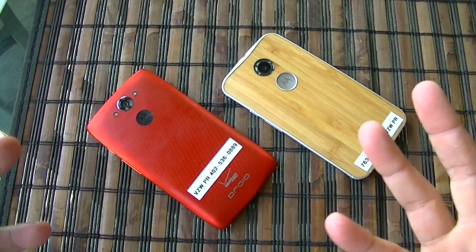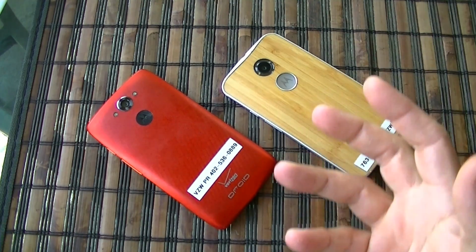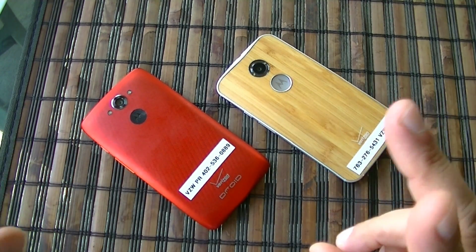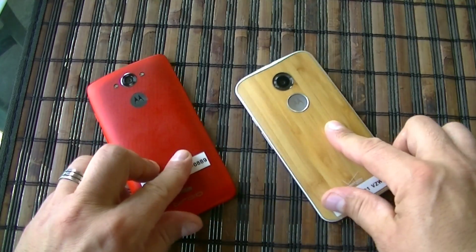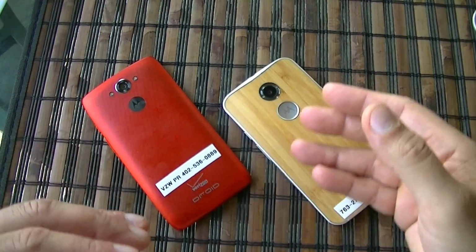If you are a fan of Motorola and you're looking to upgrade or renew your contract with Verizon Wireless, get a new phone, get a new service, and your budget is around $199, this comparison is for you guys. This is going to be my comparison between the new Droid Turbo and the Moto X with Verizon Wireless. Alright guys, let's go ahead and start looking at the design and look at the phones